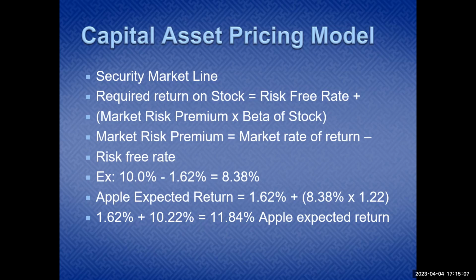In other words, if I want to buy stock in this example of Apple Computer, I should expect, based on the risk of Apple Computer of 1.22 beta, I should get close to 12% return on that stock over the next 12 months. Now, will I get that? It's up to Apple and how they run their business. But that's my expectations, and it's called the capital asset pricing model, a measurement of risk in the market of a particular company. Huge.